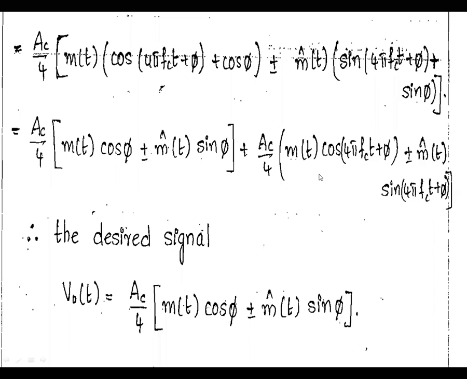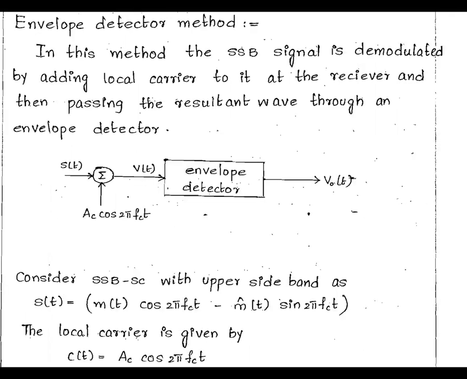Please go to this equation once again. The next one is the envelope detector. Where do you use the envelope detector? It was in the first unit also, in the detection process. The simple circuit has a diode, a capacitor and a resistor. When the diode is on, it passes the positive peak.